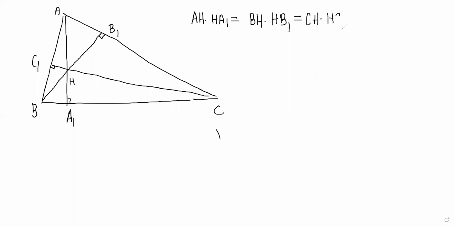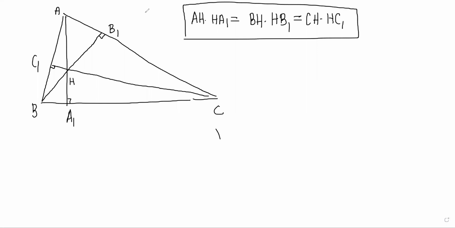Yes, sir, it is proven, because after solving, all the cos A, cos B, and cos C terms will combine. That is one way to prove it, because now we know all of these lengths, it is obvious that you can get it, right? But imagine if you didn't know that HA was equal to 2R cos A and HA1 was equal to 2R cos B cos C, right?